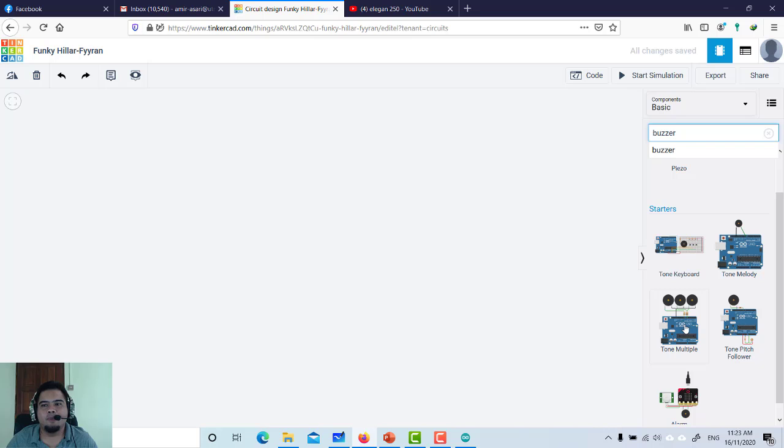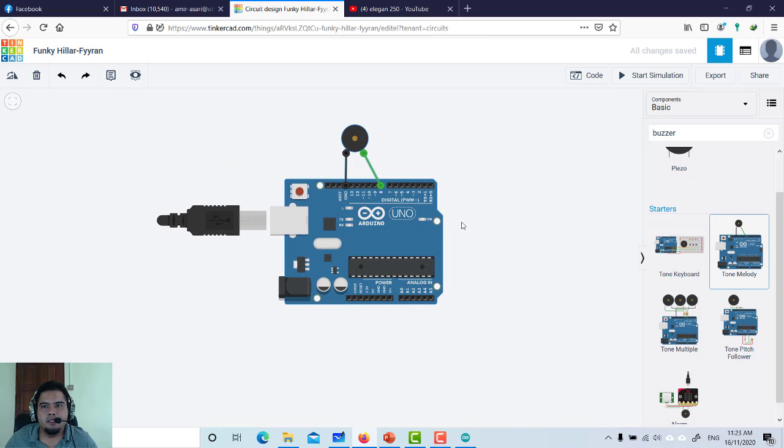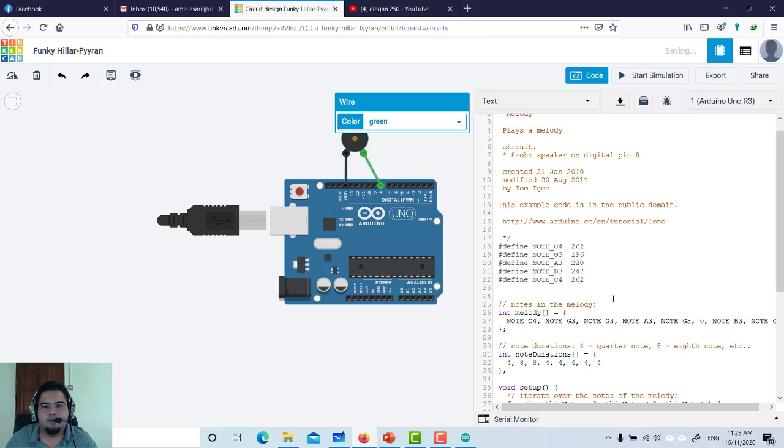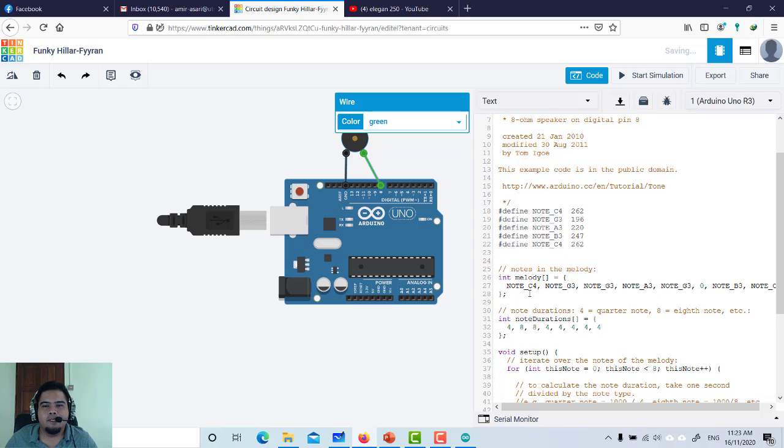inside, you might explore the code by yourself, because inside this, for example, I take this one. If you see the code there, it's a little bit complicated, because now we are using Arduino or C programming in Arduino to generate some notes, to make some melodies, and that signal will be transferred into this buzzer, and this buzzer will change this electrical signal into some sound, which is a nice sound, a melody.